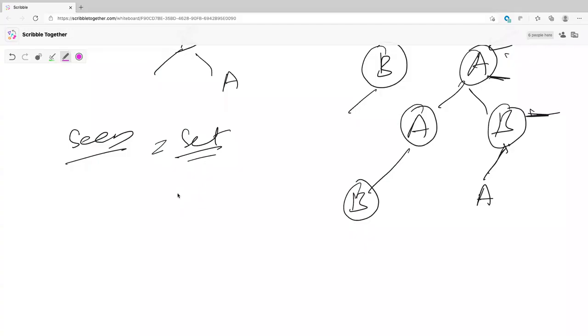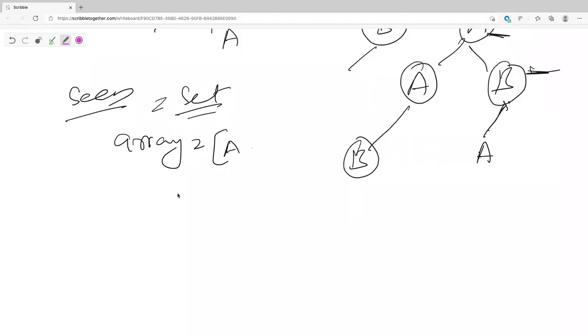Okay, in that case, that will be a different way of doing it. If you have seen, we can use an array also, a visited array, something like that. So you mark the first A, whatever index it is at, as visited, and then B also. You're saying you have an array. What are you adding into your array? I will maintain an array of that size. You mark the first A as visited, the second A as visited, first A visited, B visited, and this one is not visited.